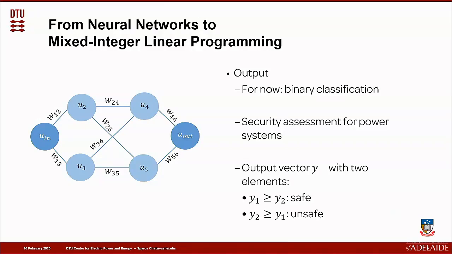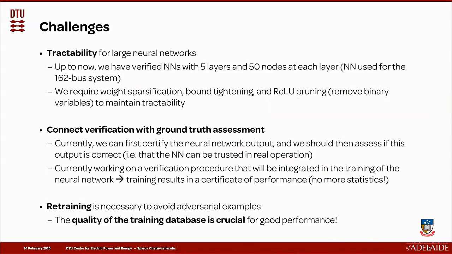You lose a bit in accuracy, but compared to the computational performance you win, the accuracy that you lose is very small. Then also bound tightening, because you have to tighten the bounds of all our variables, and loop pruning, which means getting rid of activation functions, because some of the activation functions will always be 1 or 0. By 1, I mean the input column. Okay, so this is a problem that requires expertise in machine learning and in optimization,